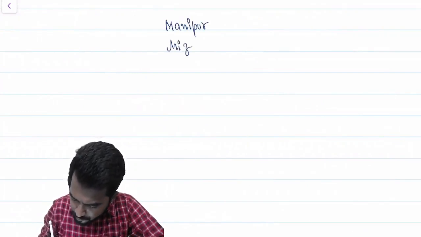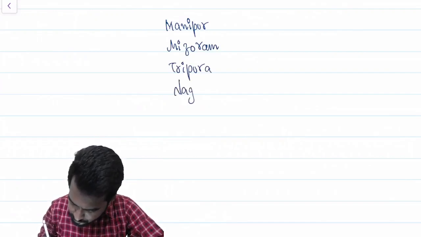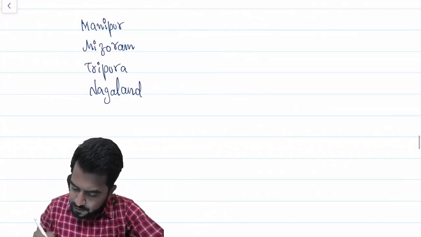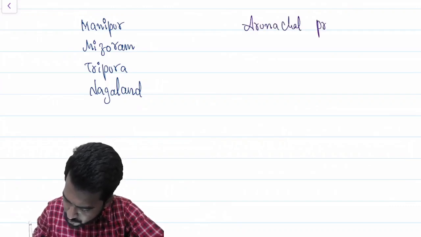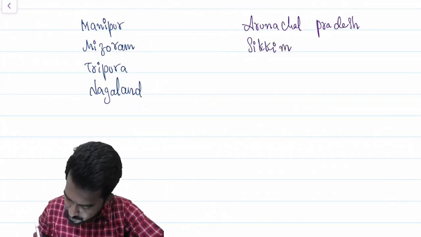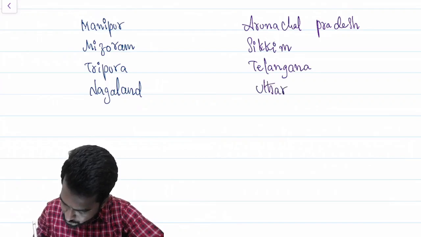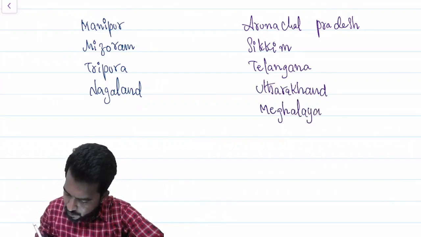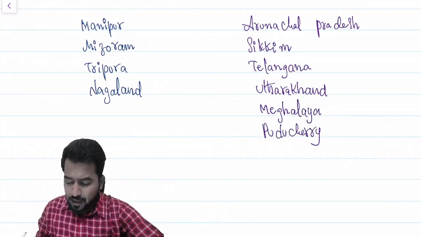Manipur, Mizoram, Tripura, Nagaland. These are the special category states for the purpose of section 22, and 6 other states, that is Arunachal Pradesh, Sikkim, Telangana, Uttarakhand, Meghalaya, Puducherry. See, apart from these states,